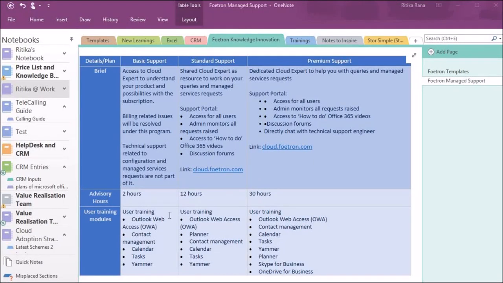OneNote is a tool of Microsoft Office 365 Productivity Suite. It is a very useful tool for taking instant notes and knowledge curation. We can create plenty of notebooks with multiple sections and have multiple pages in those sections. We can share the notes with our colleagues as well.